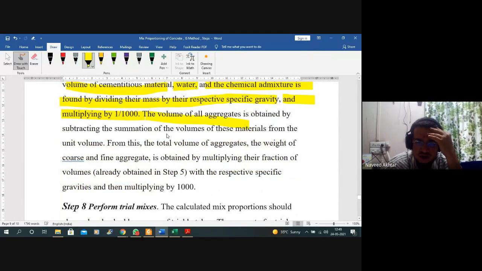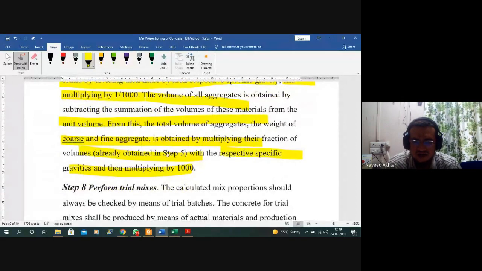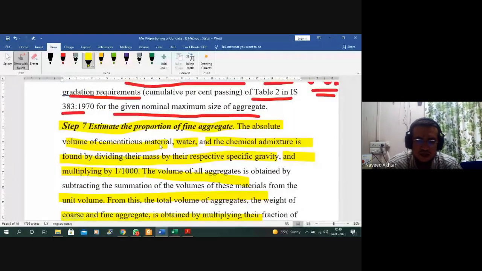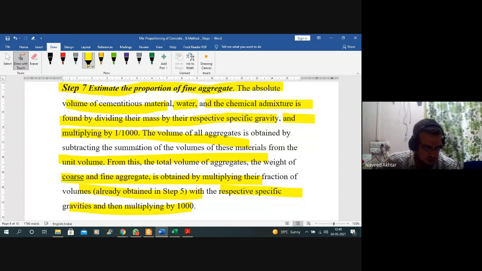The volume fraction of all the aggregate you can find out, and that can be done by multiplying by 1000 with respect to specific gravity, and you will get the values of your cement, water, fine aggregate, coarse aggregate and superplasticizer, if you are using, in kg per cubic meter, that is, how many kilograms per cubic meter you have to use, because nowadays we are only using weight batching.